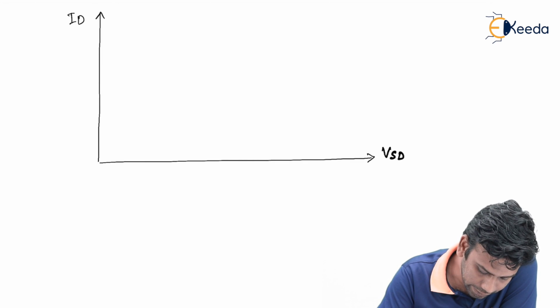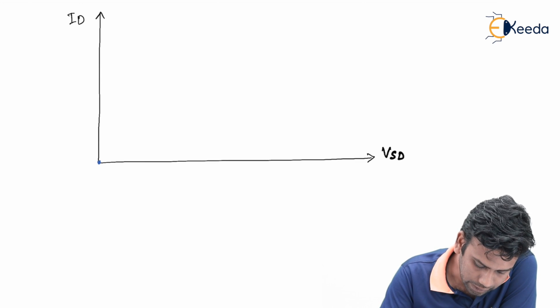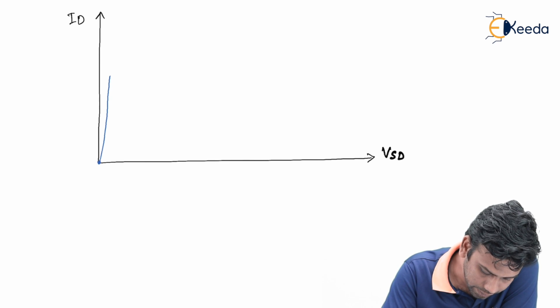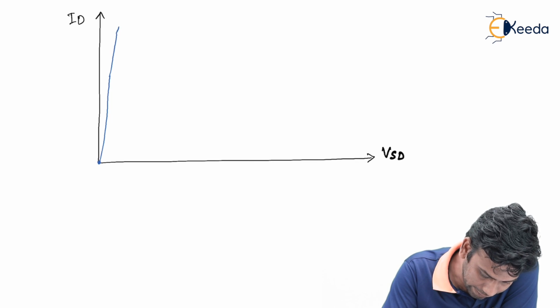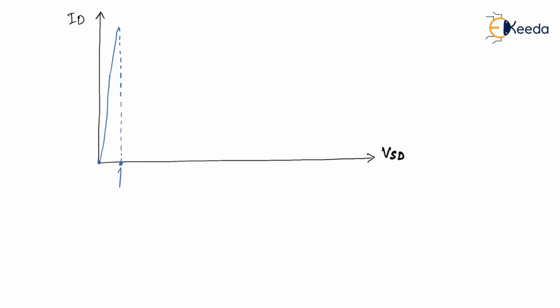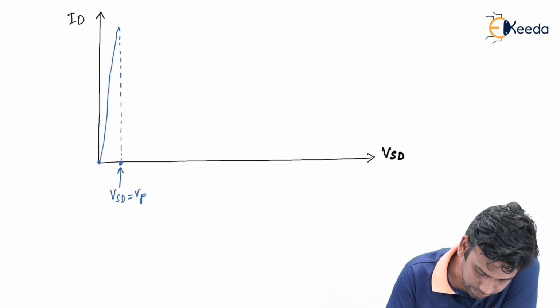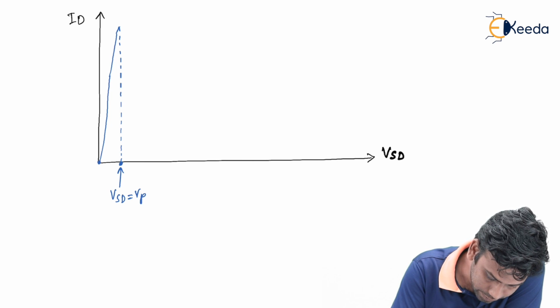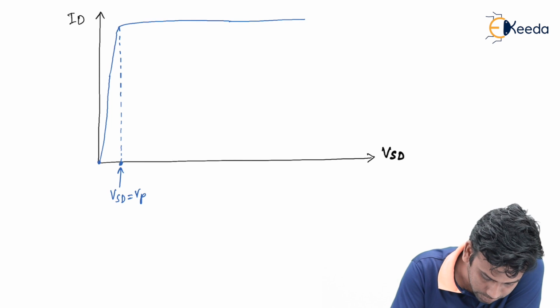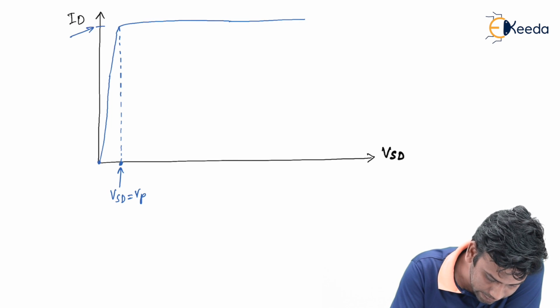That means for the gate voltage equals to 0, the ID current will first linearly increase with VSD, and at the value of VSD equals to Vp, the ID current will get saturated to a value called IDSS,